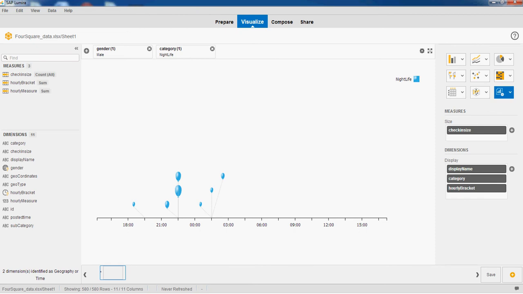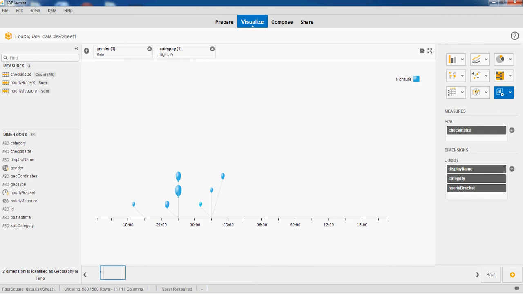We can see that after 9 o'clock, most people are visiting Urban Pin. And after 12 a.m., everybody is visiting. Also, some people are visiting Urban Pin. Then we have Lap. We also have Aqua. So I can plan a visit to any of these places based on my choice.